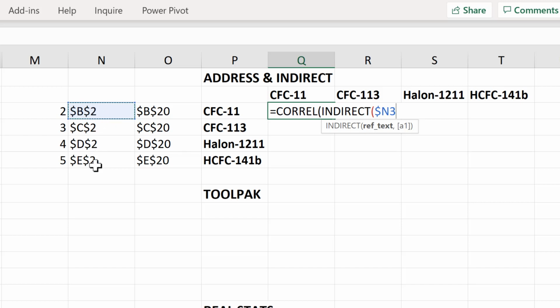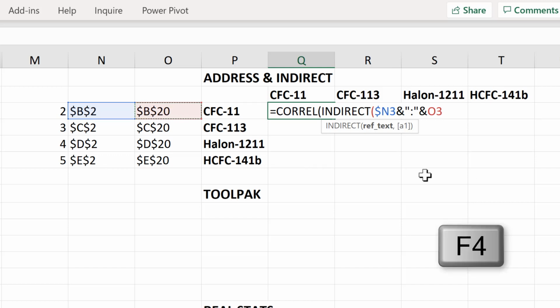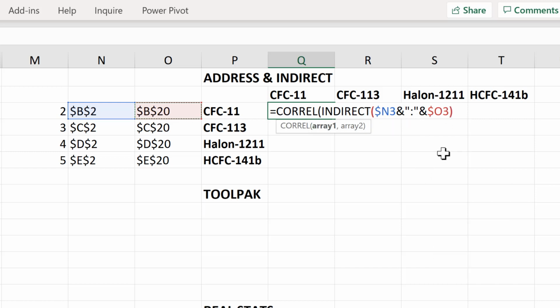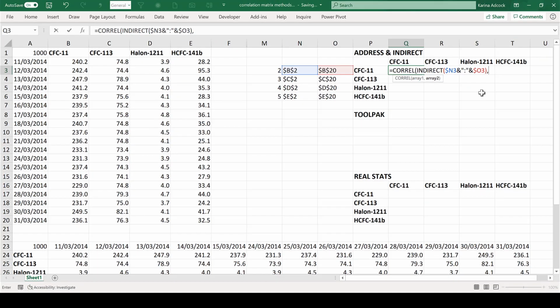Then I need the colon, because a range has a colon in the middle of it in Excel. So this is going to be the and symbol, then a quotation mark, then the colon, then another quotation mark, then another and symbol. Then I need the cell I want the range to end at. And for this one, I also need the dollar sign in front of the column letter,